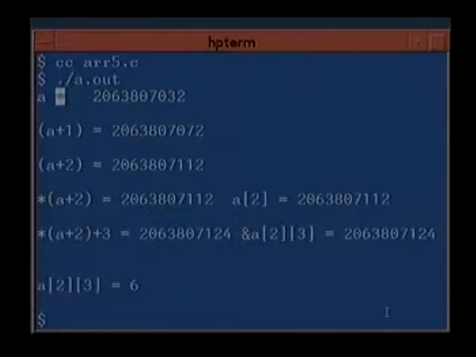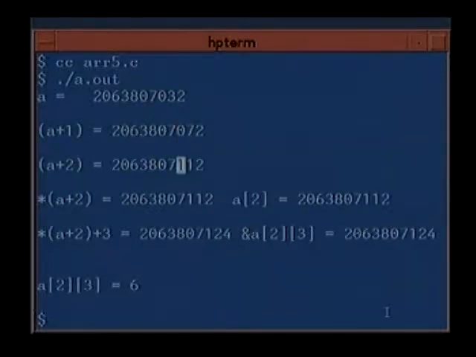Now let us see. This is 20380732, which is the start of the array. A plus 1, the difference is how many bytes? 40 bytes. You remember we declared it. So A plus 1 will give you the address of &A[1][0].